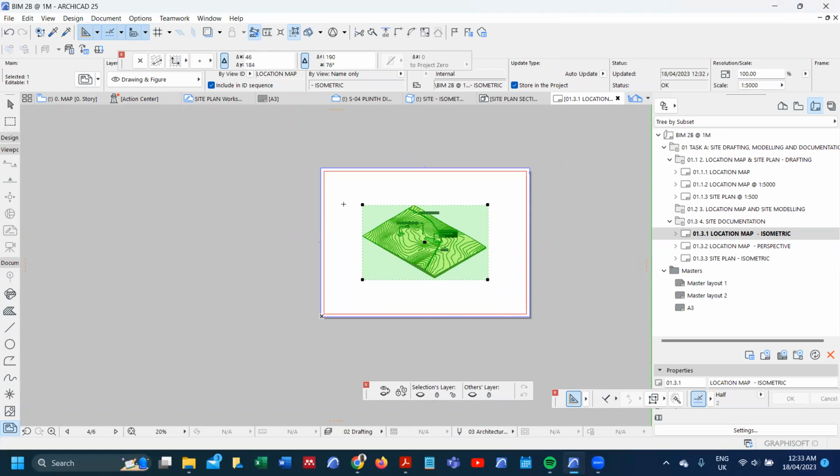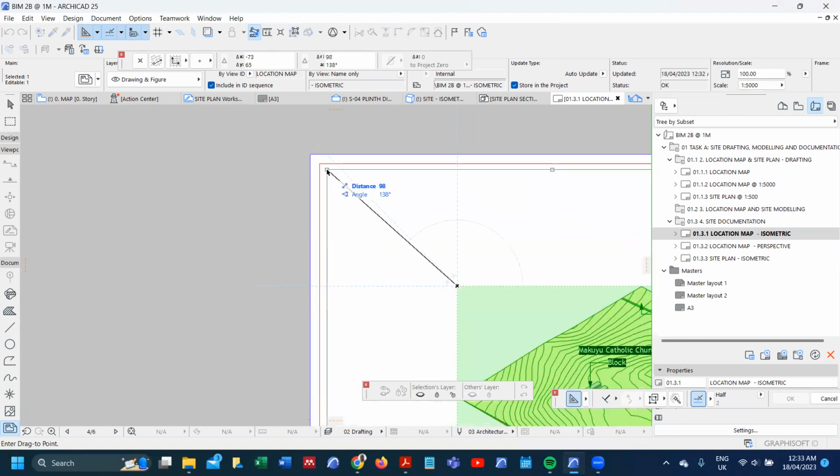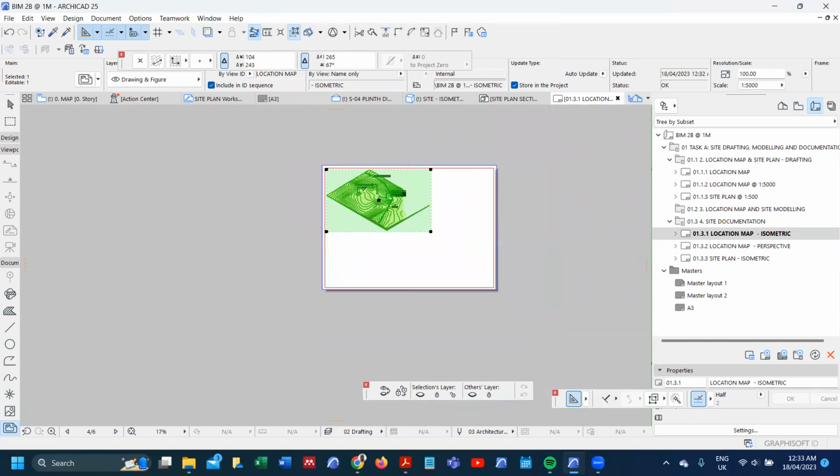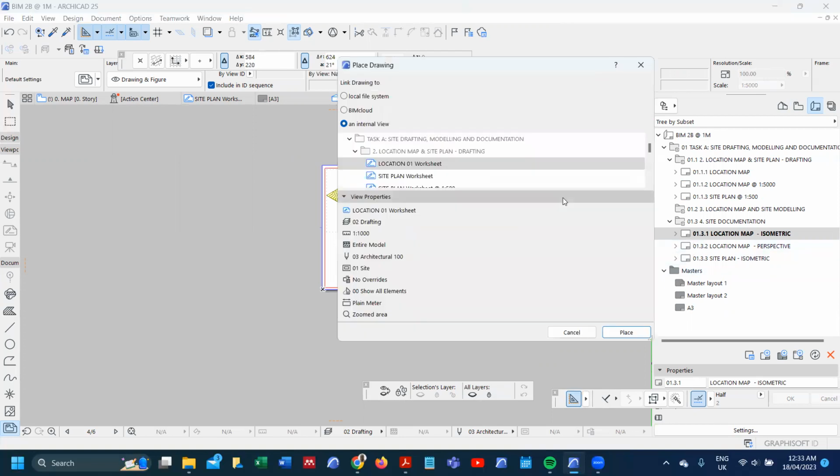What usually happens is that it helps me clear a lot of hassles in terms of placing that drawing. Okay. Now, at this level, you'll notice that at 1 to 5,000, it might not necessarily fit the whole. So I might want to attempt to put more than one drawing on this sheet. Okay. So let's try and place